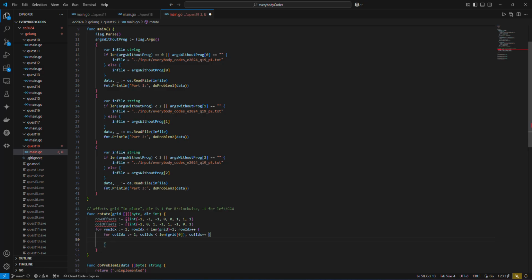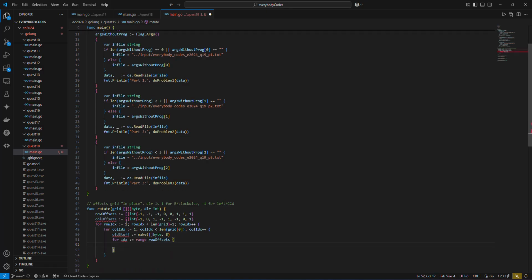And then what we're going to do is we're going to say, for old stuff eight, for IDX range row offsets, old stuff equal old stuff IDX equals grid bracket